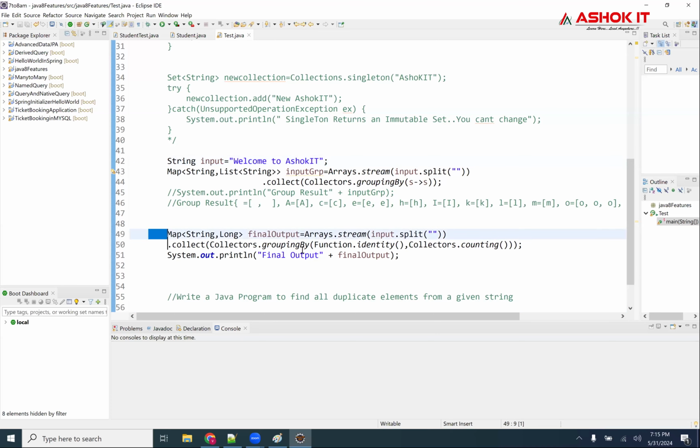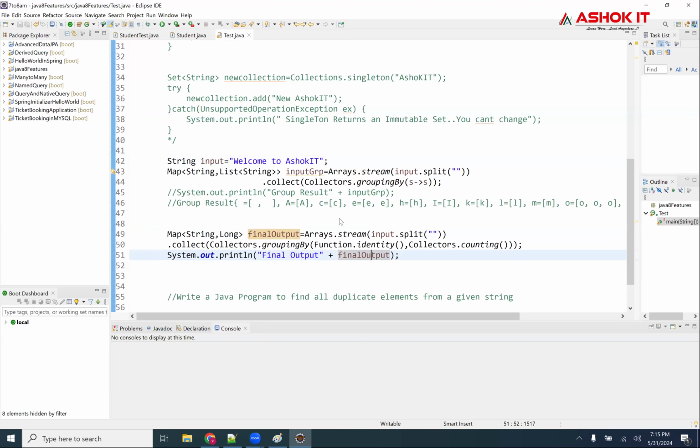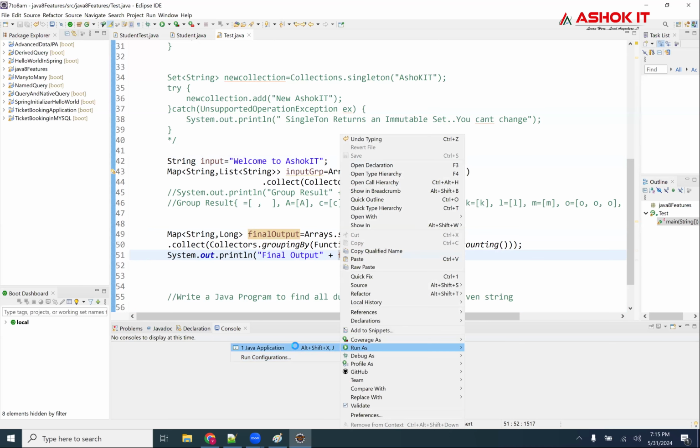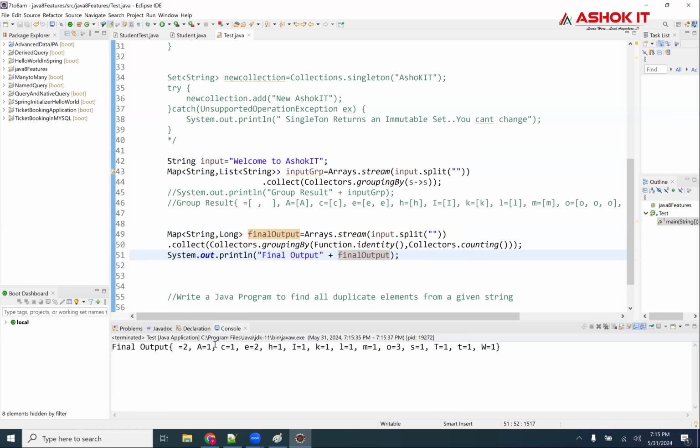Till here, if you run this particular Java program, A is present one time, C is present two times, E is present two times, O is present three times.